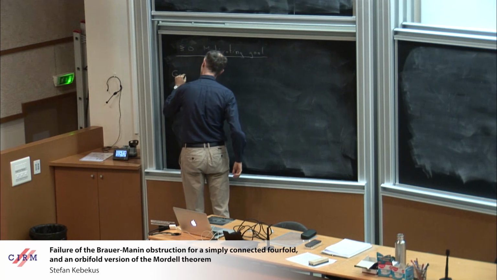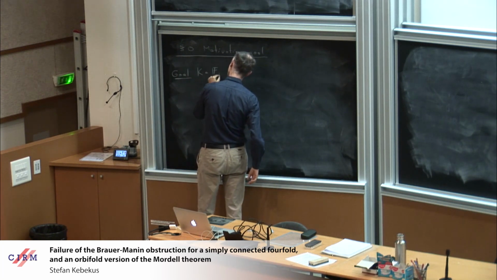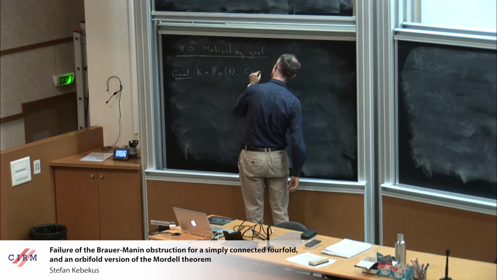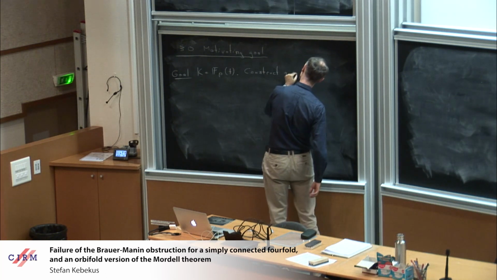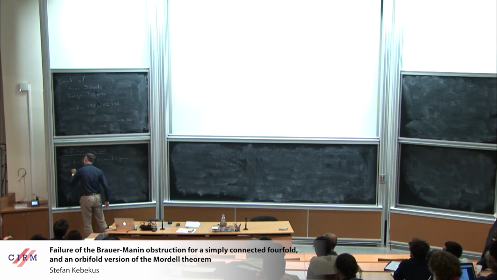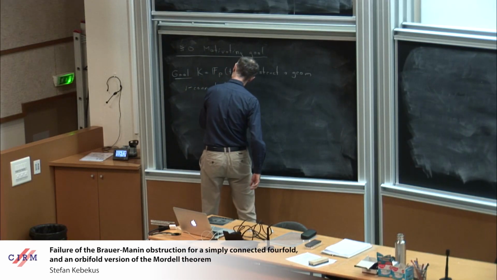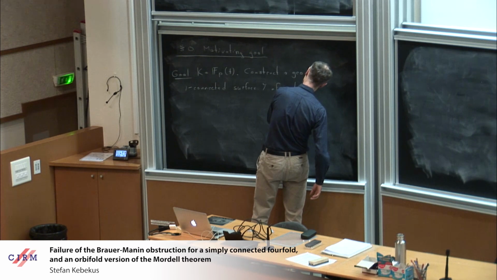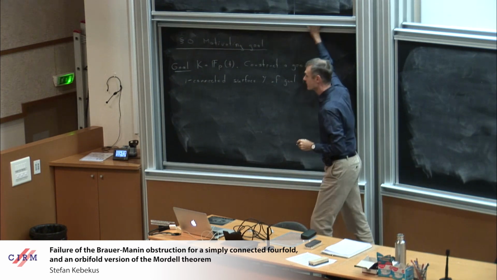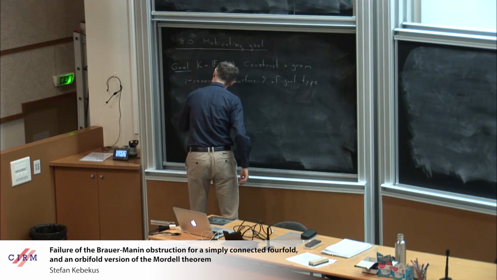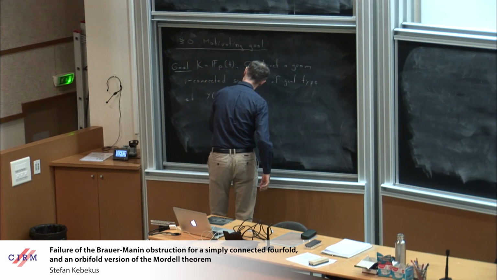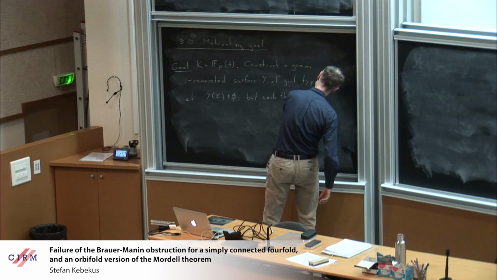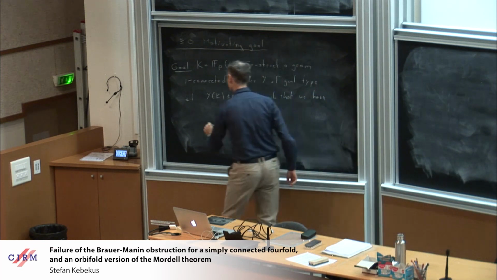So the goal is: take a global function field k and aim to construct a geometrically simply connected surface Y of general type such that k-rational points exist, but such that we have a fibration from the surface.